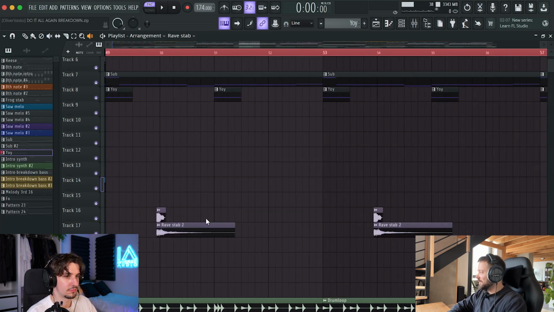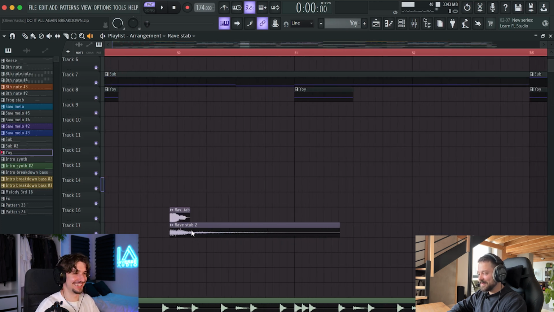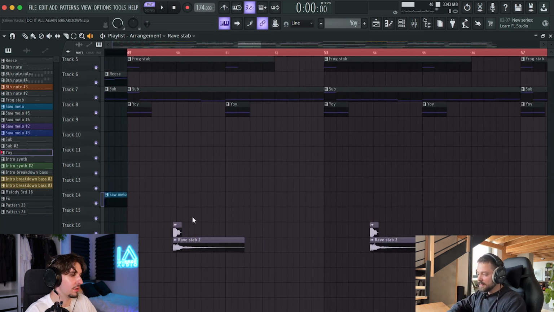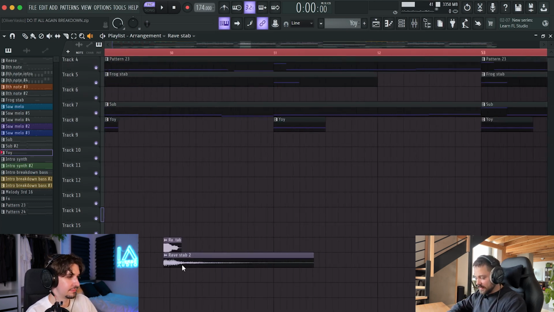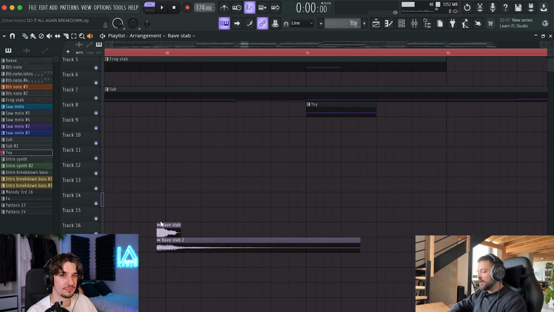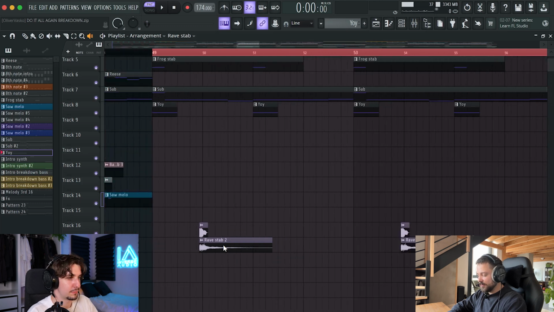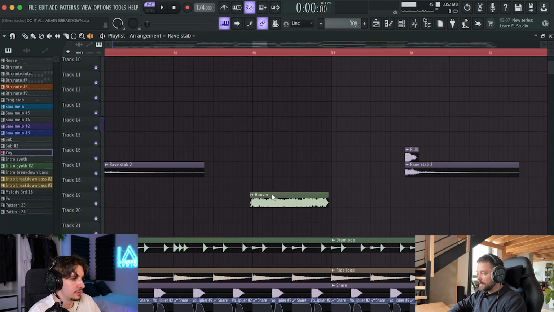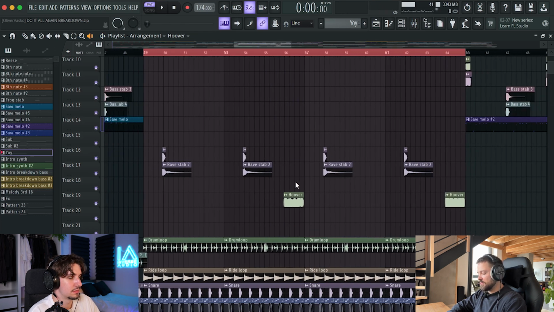Well, I said that you shouldn't layer 2 same sounds, but I would say in this case it kind of works because they're not completely the same, they have different qualities. Yeah, exactly. It's like when you're layering a snare. So for example, using a start of the snare and then maybe a noise tail from the other one. Yeah, 100%. And then I have here this Hoover thing, which is that tech house element,